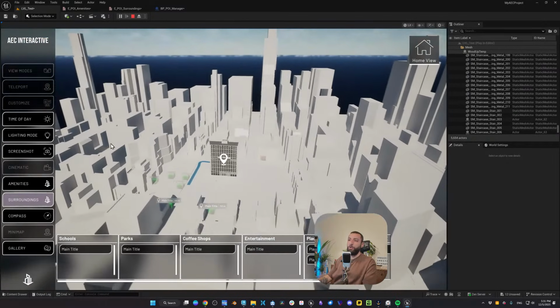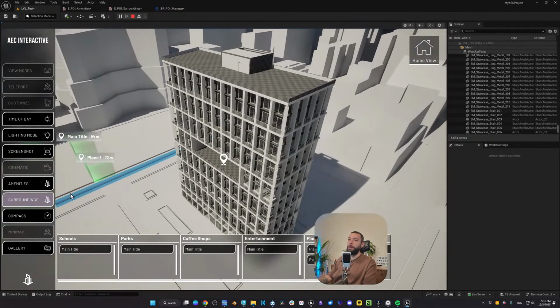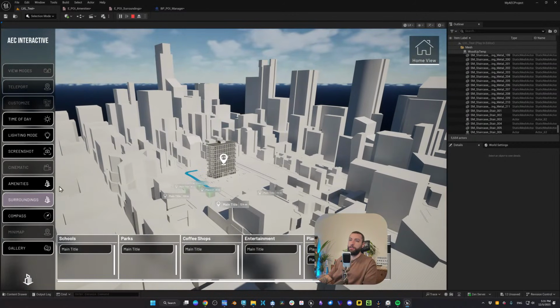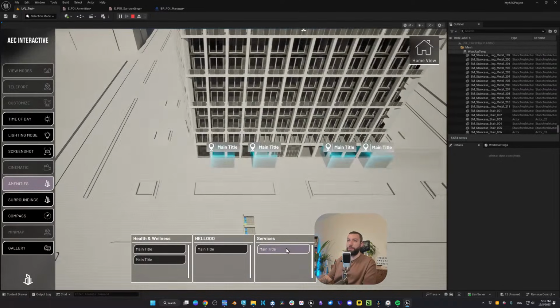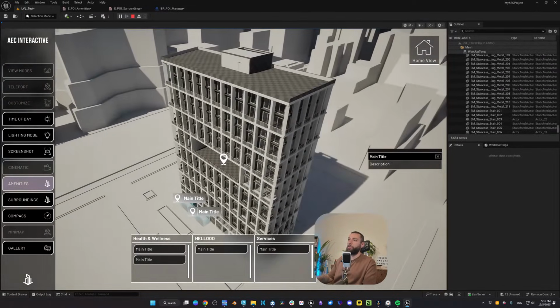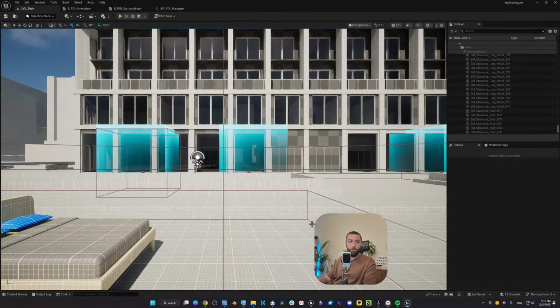And that's how you set it up. You have two cameras, one for the home and one for the surroundings. When you click on it, it will show you the camera that you want to see. And at any time, you can click on home to go back to the home view.